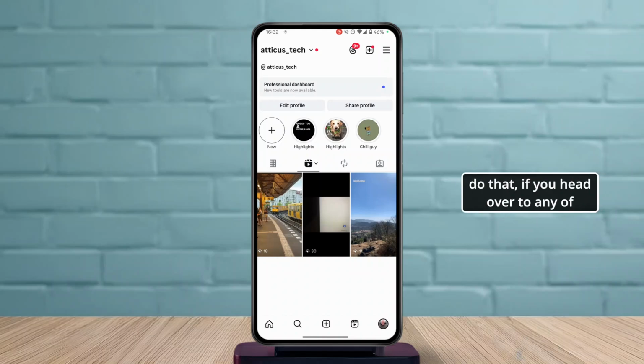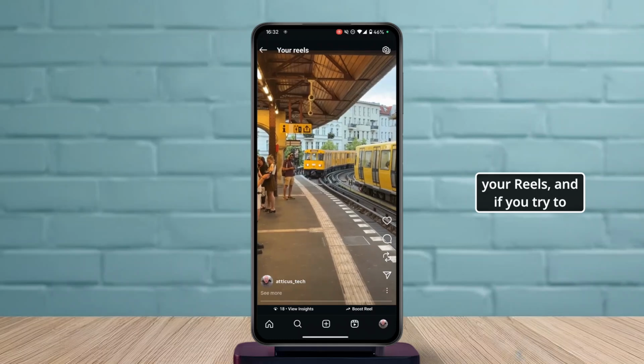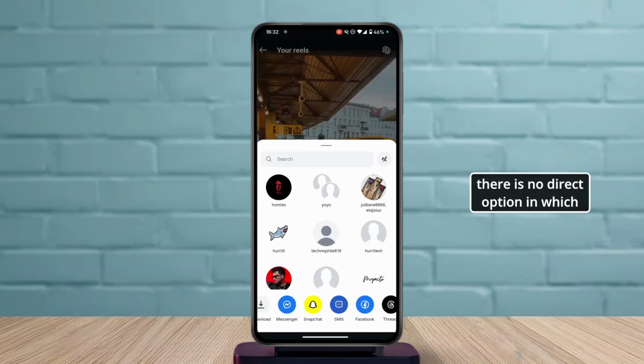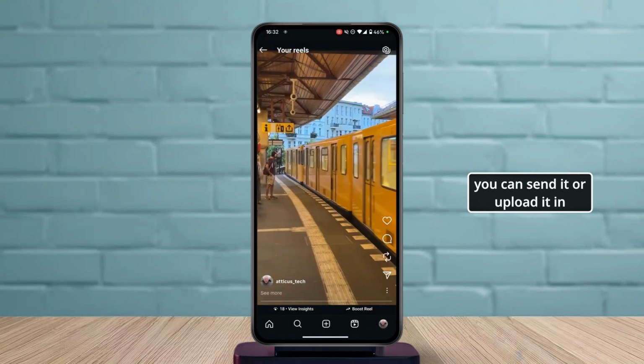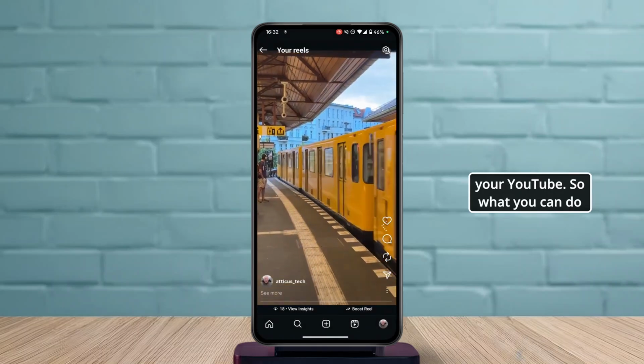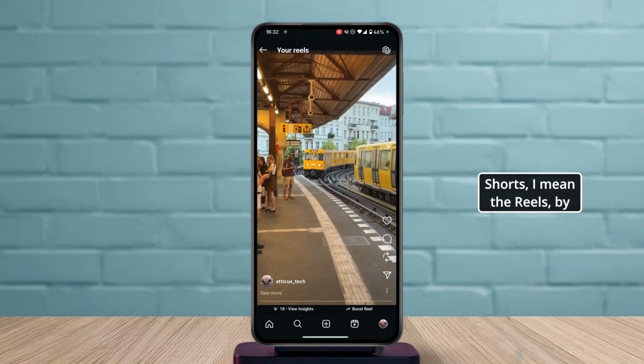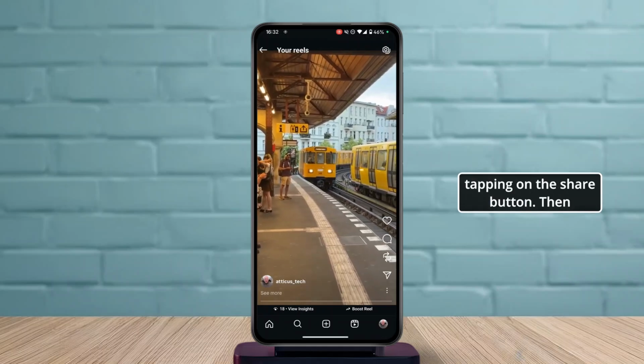After you do that, if you head over to any of your Reels and try to share it, you will notice that there is no direct option in which you can send it or upload it to YouTube. So what you can do instead is download your shorts, the Reels, by tapping on the share